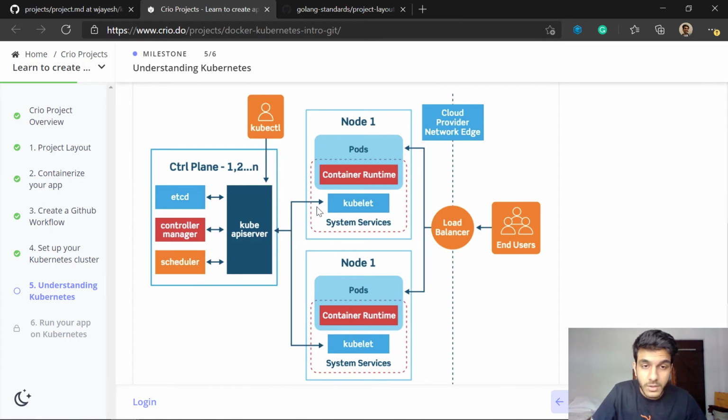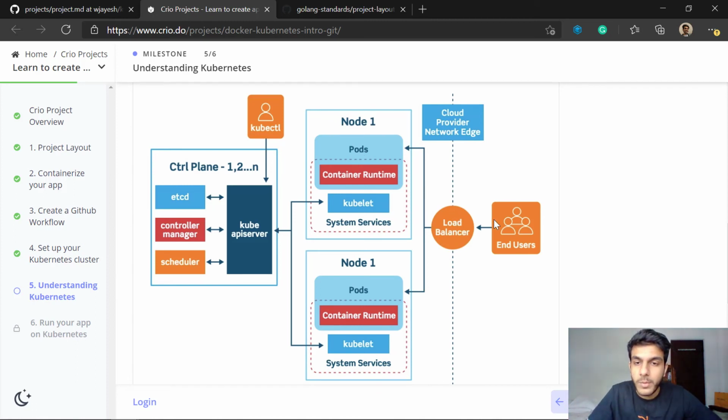The API server talks to the kubelet. Kubelet is the agent inside a particular machine. Every machine will have a kubelet, which is an agent of the API server. It carries out all the different instructions inside a particular node, for example creating pods. And what are pods? You can check it out on your own, I won't give a lot of spoilers here. Inside pods, you have container runtimes like Docker, which create the containers inside of it.